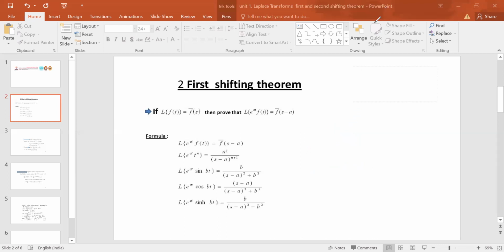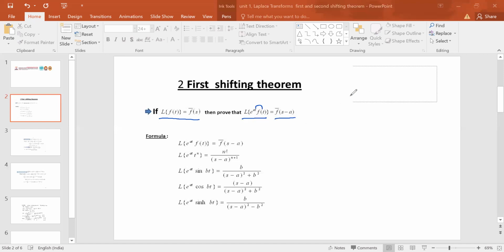So how is this first shifting theorem defined? As we know, if the Laplace transformation of f of t is defined as f bar of s, otherwise capital F of s, as we have discussed, then consider the Laplace transformation of e power at into f of t. You see, two terms are there in product, and one of the two terms is an exponential function. In this particular situation, we can utilize the first shifting theorem,